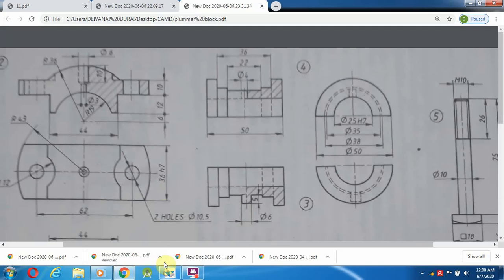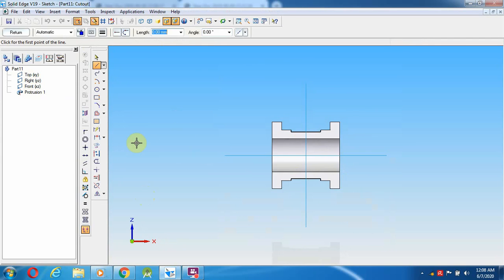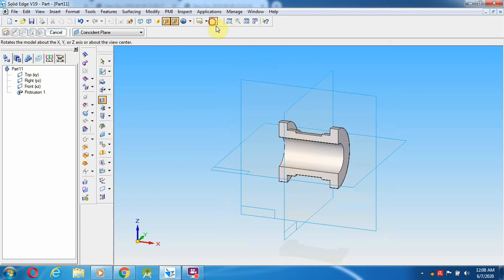Now that is the oil hole, a pipe of 4 mm throughout. See over here, throughout. For this go to the cutout option. This is the plane I am going to select, bottom plane, the middle plane. I will show you once again.